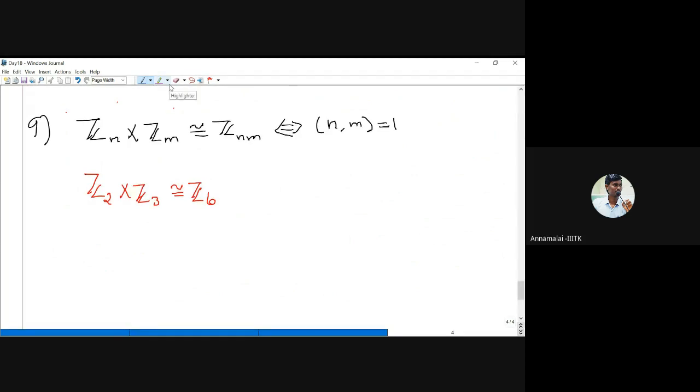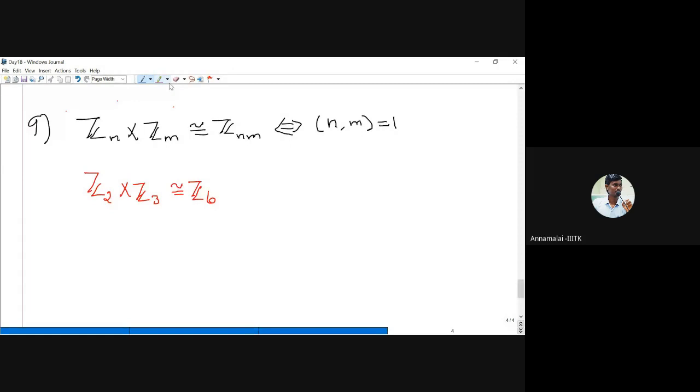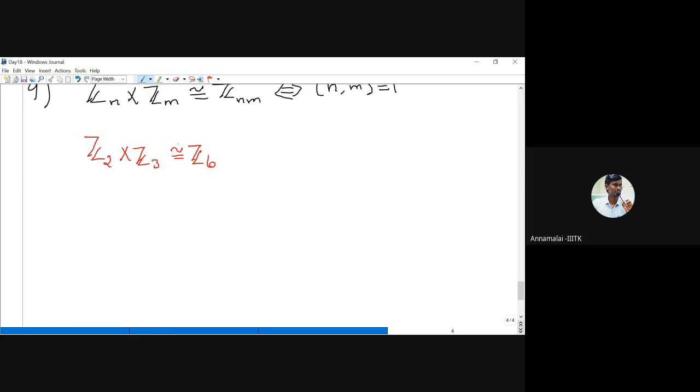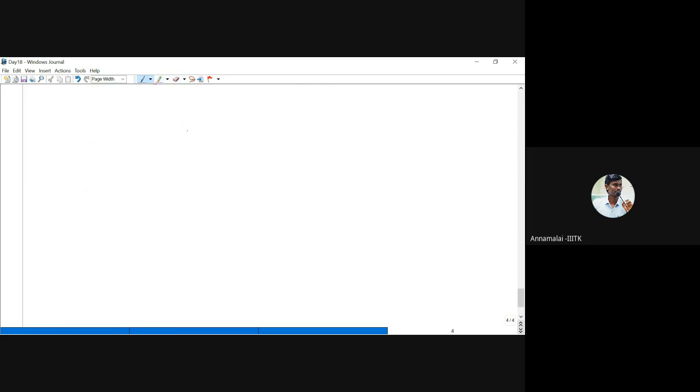Maybe I will solve one problem related to this. And then the symmetry groups are also very important. Now we will discuss some examples. It was asked in the JAM exam. Now, the first question is,